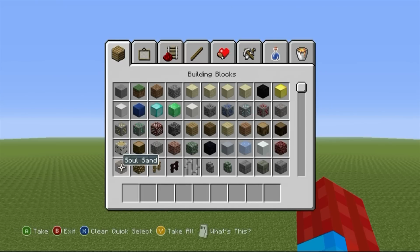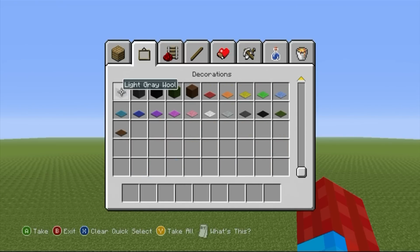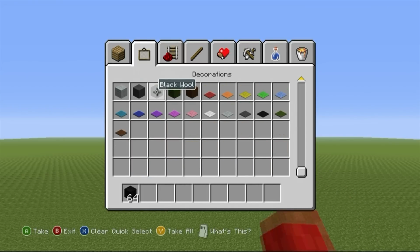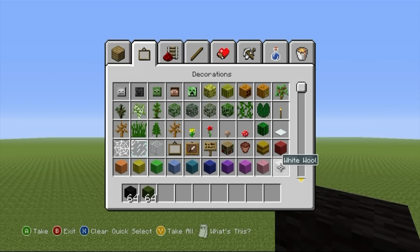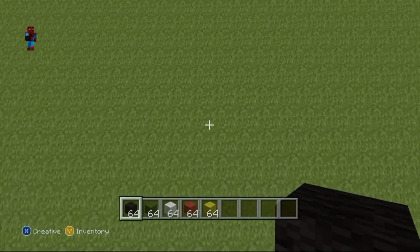If you want to make Plankton, here's what you're going to need. You will need some black wool, some dark green wool, also grab yourself some white wool, red wool, and finally grab yourself some yellow wool. And once you have each one of those 5 colours right there,